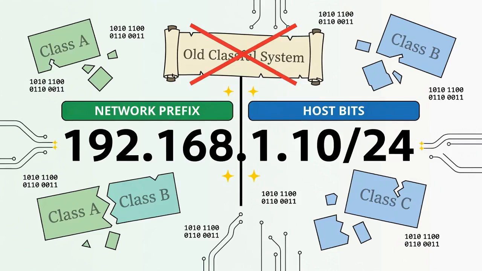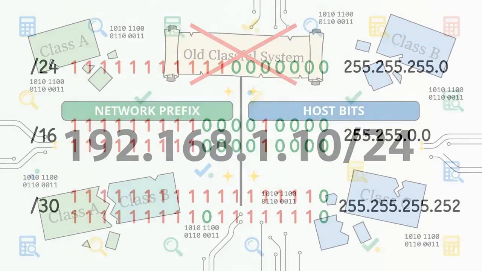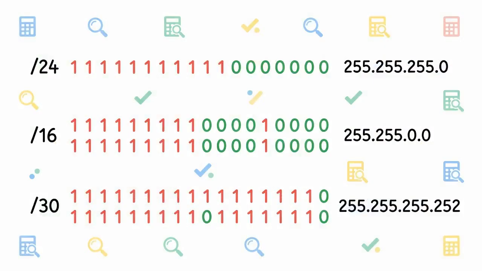The slash number is simply a count of how many leading bits make up the network prefix. Everything before the slash is network, everything after belongs to hosts. The slash number maps directly to a subnet mask. /24 becomes 255.255.255.0, /16 becomes 255.255.0.0, and /30 becomes 255.255.255.252. Every 1 bit in the mask corresponds to a prefix bit, and every 0 bit corresponds to a host